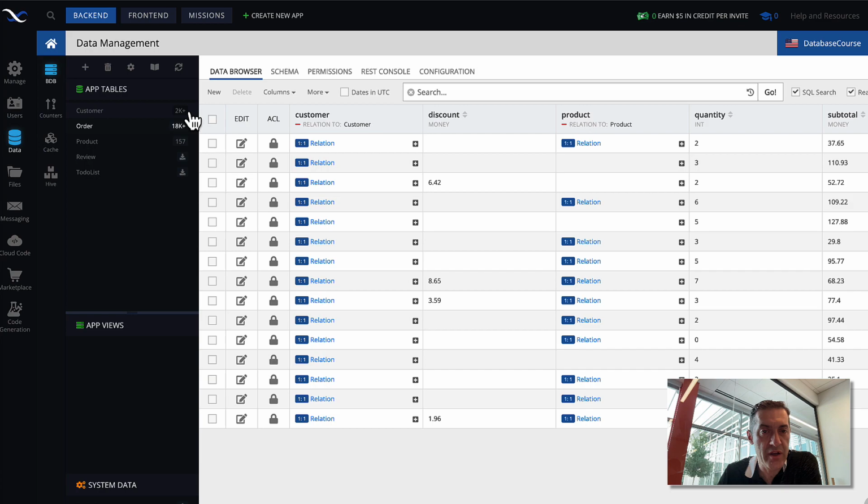So here we can see that the order table has a one-to-one relationship, and you can see it is one-to-one because there's this one red dash. If it were one-to-many, there would be 3 of them to indicate that this is one-to-many. In this schema, there are no one-to-many relationships. We will be creating those. But here we can see that every order has one customer that it's related with. Also, every single order has one product that it is related with.